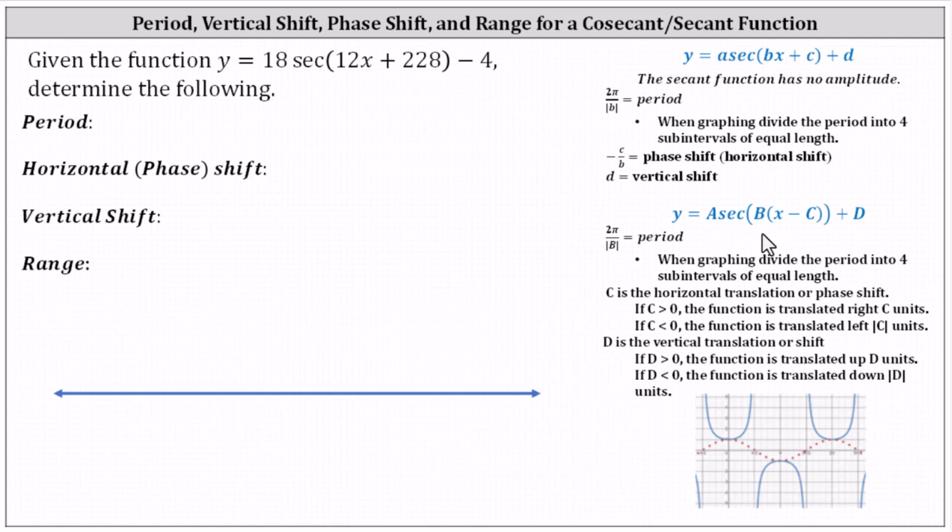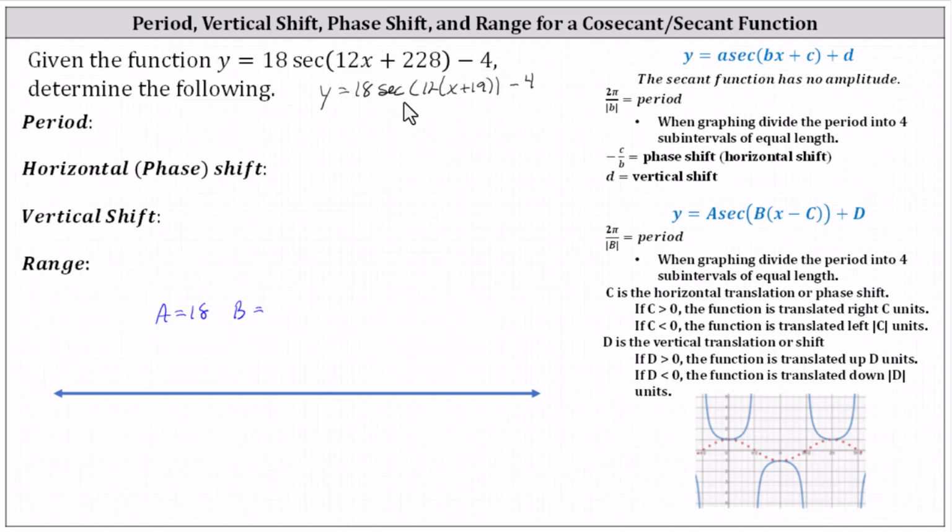And therefore, let's begin by factoring 12 from 12x plus 228, which gives us y equals 18 times the secant of 12 times the quantity x plus 19, minus 4. Next, let's determine the values of a, b, c, and d in this form. Notice a is 18,